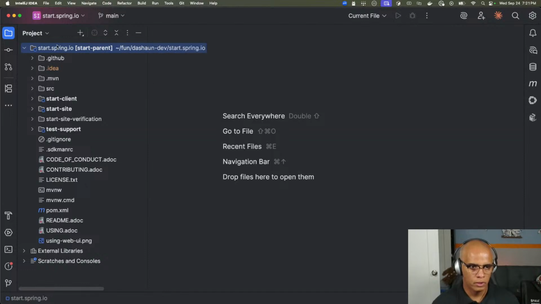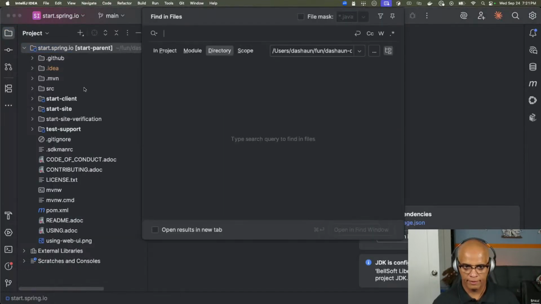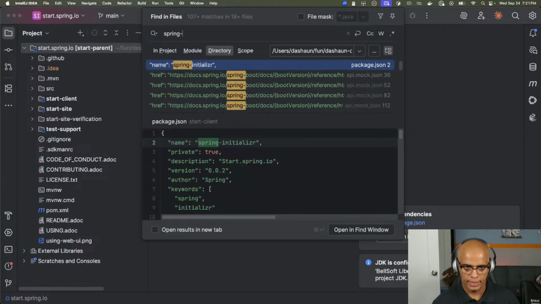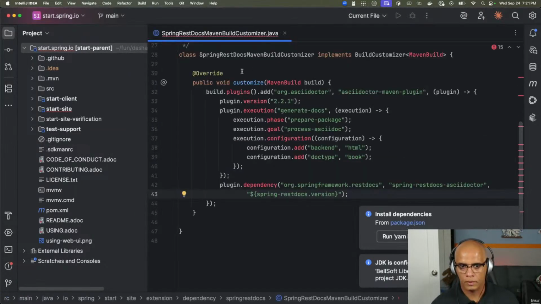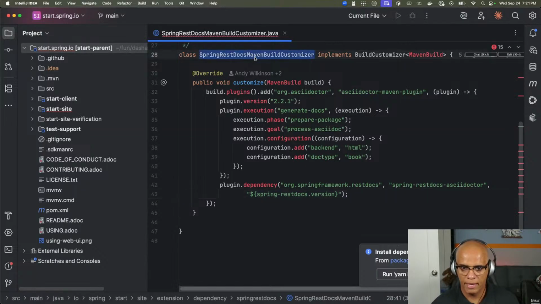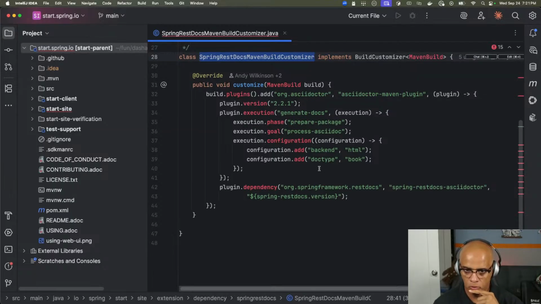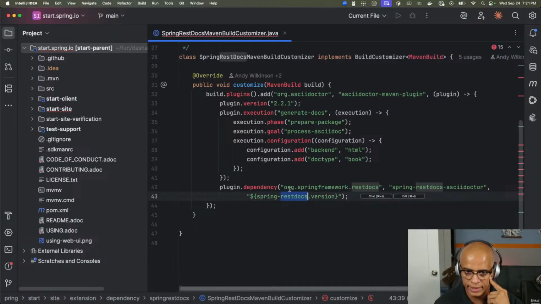I just like this interface better: find files, spring-rest-docs. Oh, there's that dot version. So this is the Spring REST Docs Maven build customizer. I should probably do this for Gradle as well, but let's go look. So this all makes sense. Here's the plugin dependency, and here's this. So what it didn't do